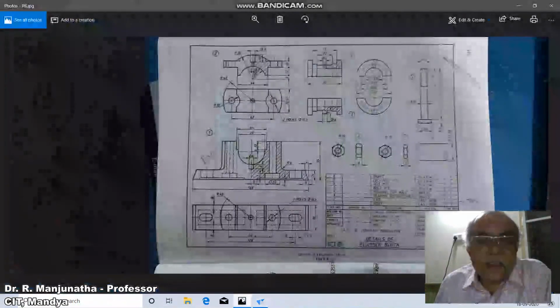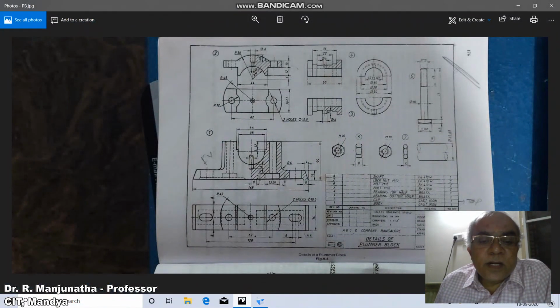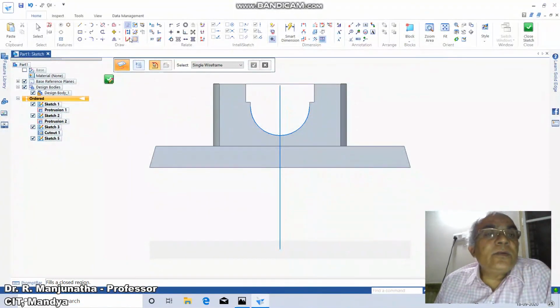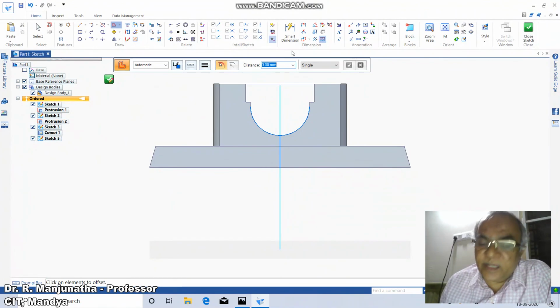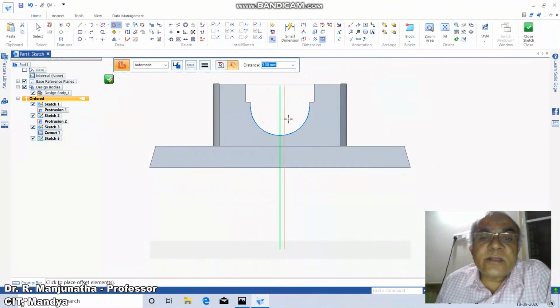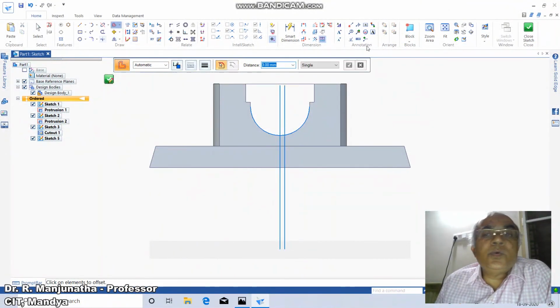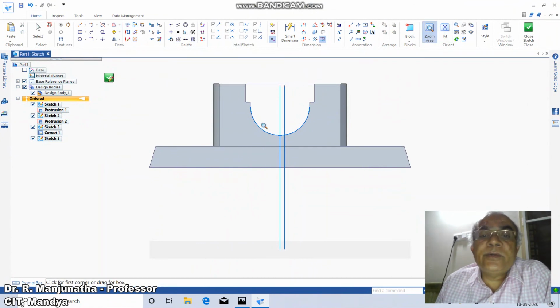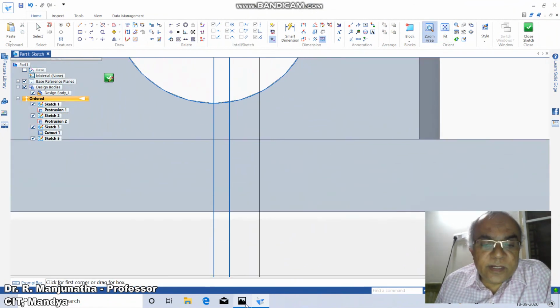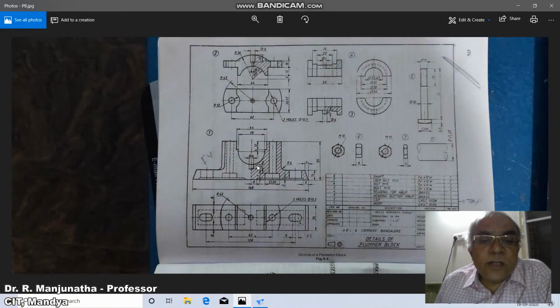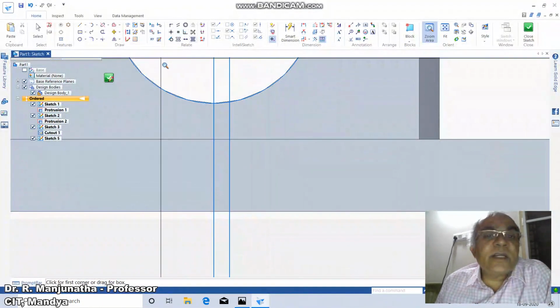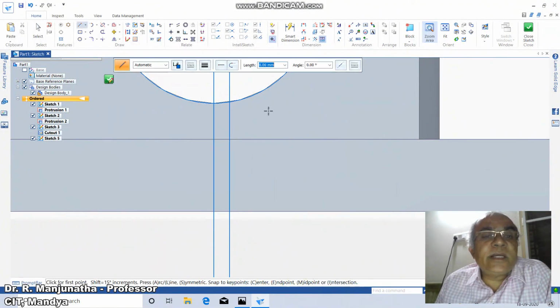The radius is diameter 6. So then go to offset, take the distance as 3, click on this and accept one side. Then go to zoom window, zoom area, take it near to your screen, and so the height is 6.